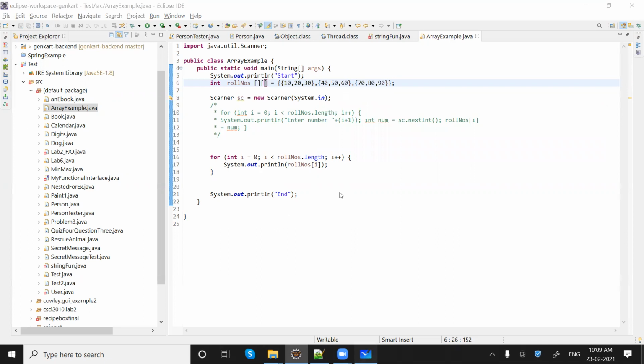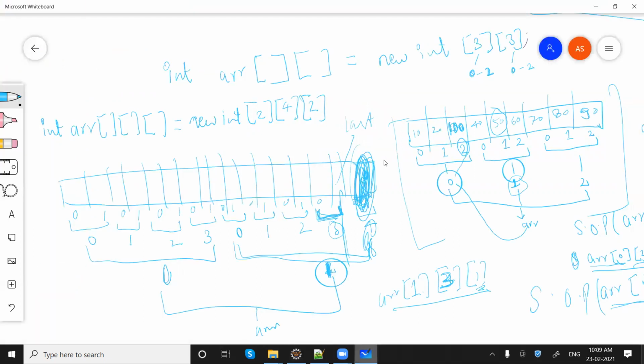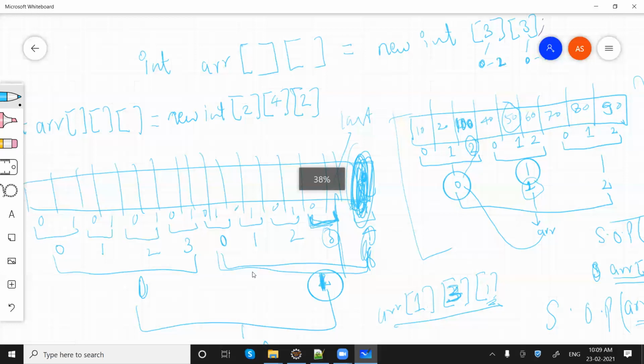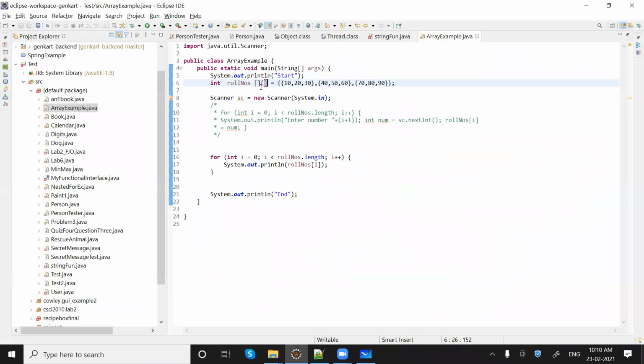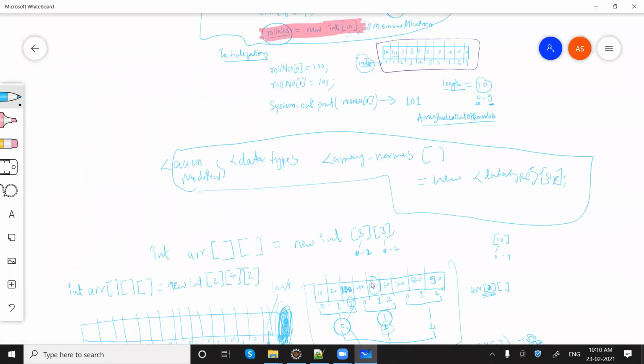This is the same problem that we have discussed for this particular problem, like int arr, a two-dimensional array we are taking, and then new int[3][3]. So for example, we have an array of 3 by 3, right? This is basically called a matrix, but data, if we see, doesn't get stored in the form of a matrix. It gets stored in a contiguous memory location. Indexing would be there, like we are doing here.